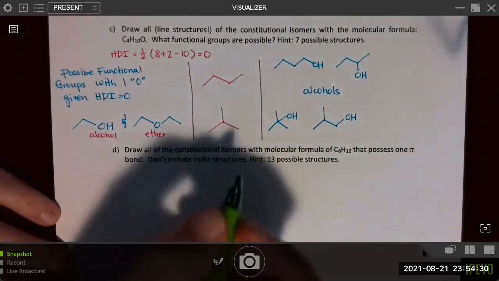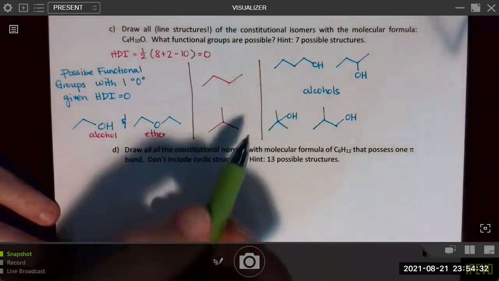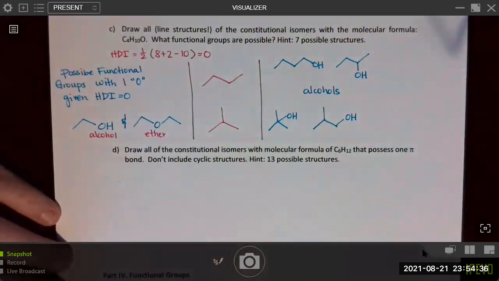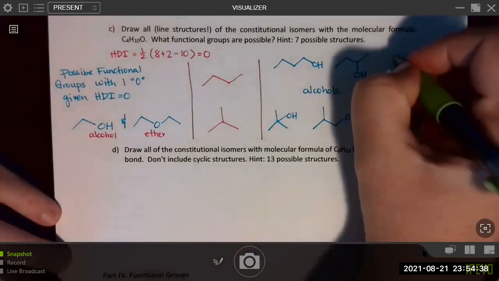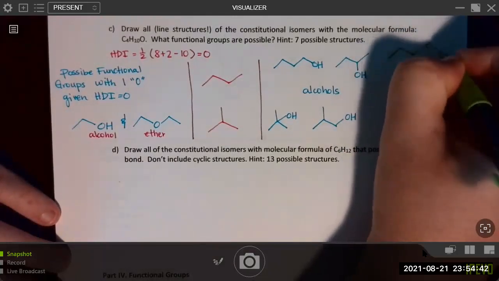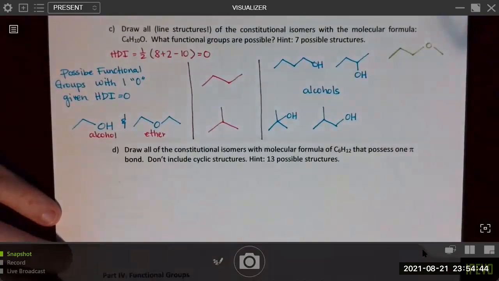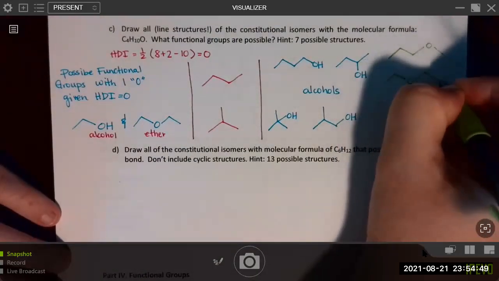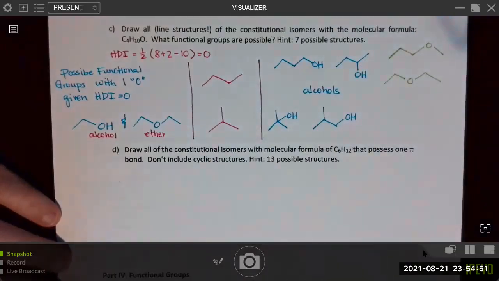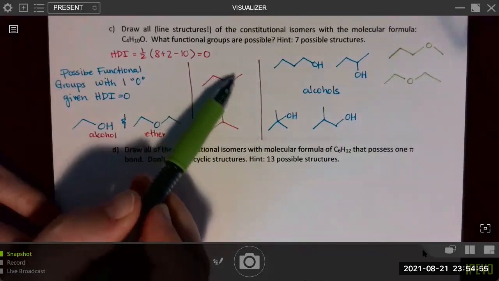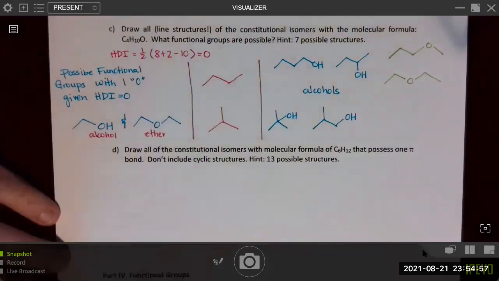But we can think of, okay, where can we insert the oxygen? We can insert here, we can insert there. Those would give us 2 different ethers. Go ahead and try to draw those. So if we're inserting, we just kind of go O in between those two carbons. And we can do that one as well. If we were to insert between these two, it would be the same as inserting there, so we don't need to draw that twice.